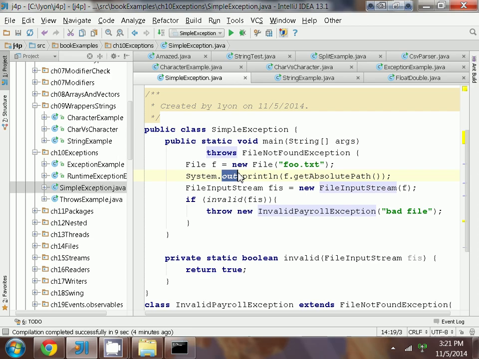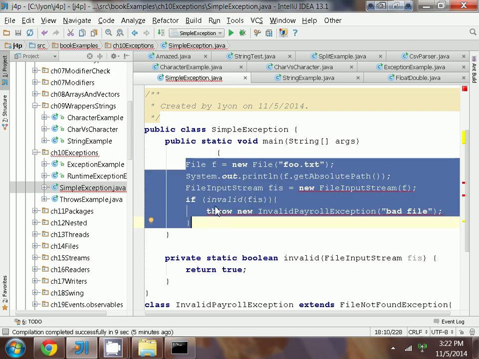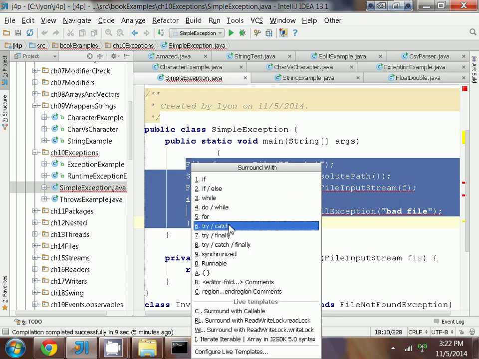So what happens when you find a caught exception? Well, you either have to declare it in the throws clause of the method, or you have to surround it with a try-catch statement. So if I remove the throws clause here, now I've got to try and handle the exceptions, either the invalid payroll exception or the file not found exception at runtime in the local try-catch statements. And you can do that either with two separate try-catch statements or one compound try-catch statement, because now when you surround with try-catch,